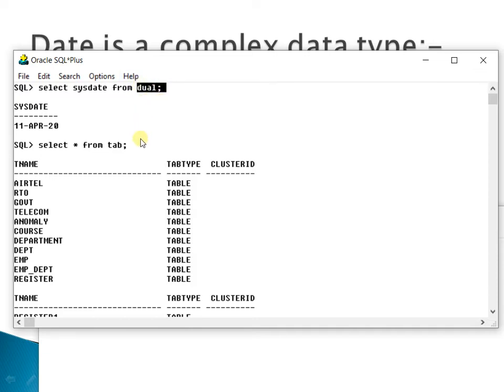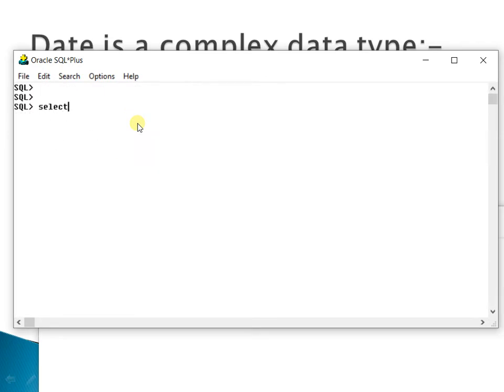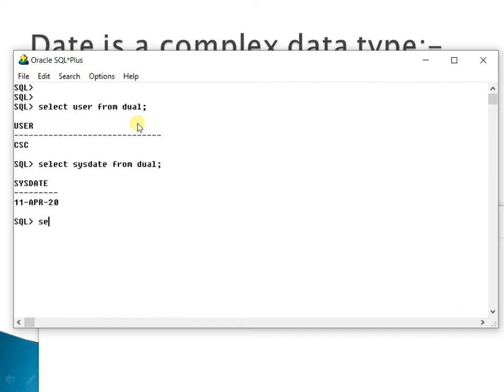But still you can select from it. This you very well know. You can type select user from dual, select sysdate from dual, or select something plus anything from dual. Similarly, dual can be used to see the current date.